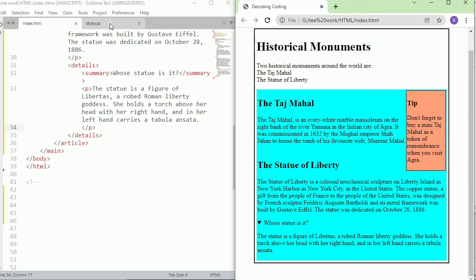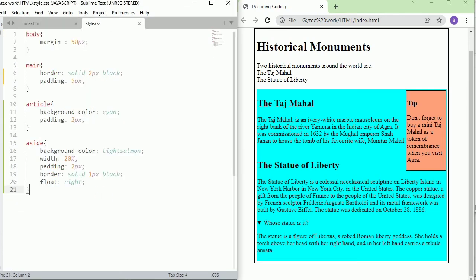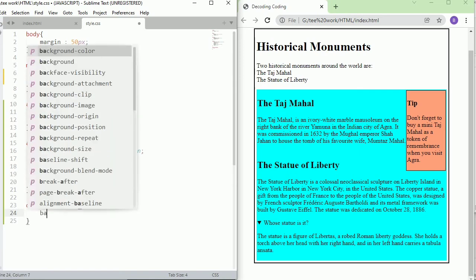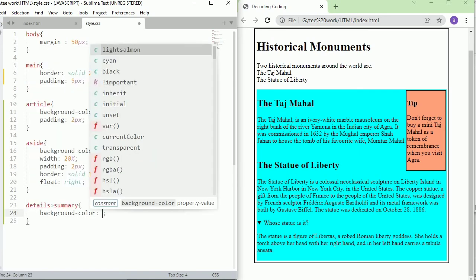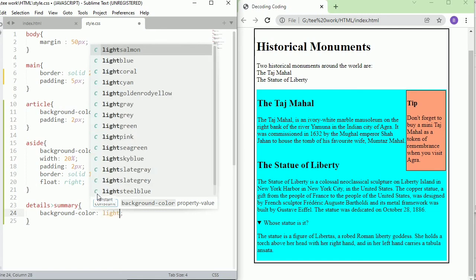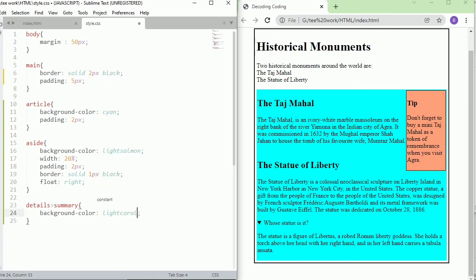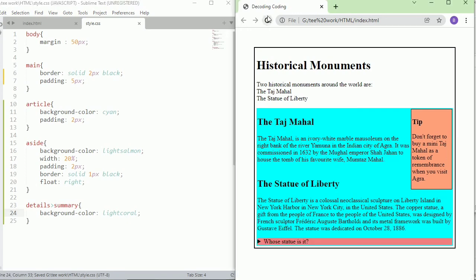So we're going to go into our CSS and make some changes to it so that it is clearly visible. So first we'll add the details tag and we're going to style the summary first and then we will go to the P tag. So within the details, we'll have the summary and I'm adding a background color. Now I also don't want it to be this wide.